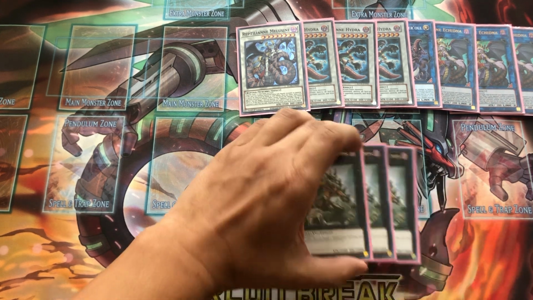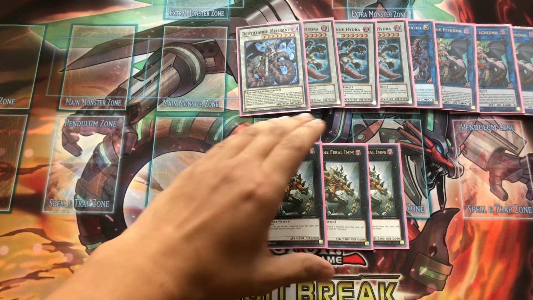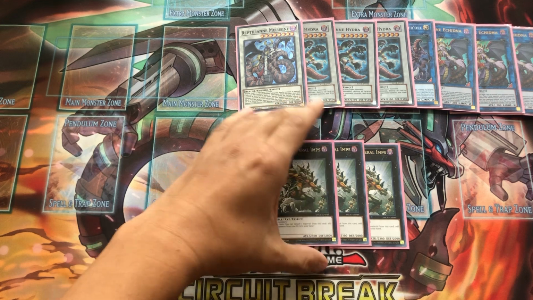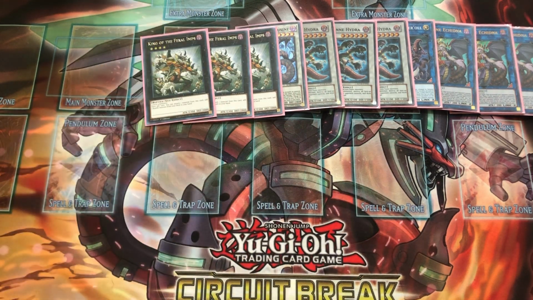Next cards we've got in here are our XYZs. It's 3 copies of King of the Feral Imps. Pretty self-explanatory. You utilize King of the Feral Imps to search reptile from your deck to your hand, and then